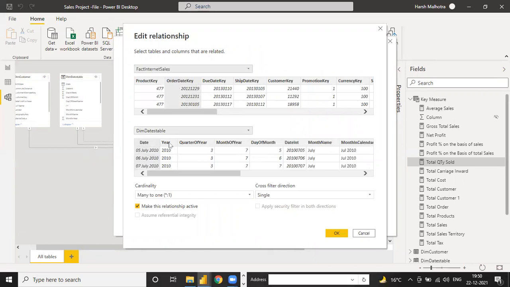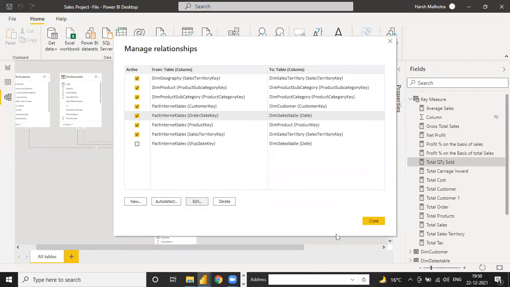So date to date is connected, but the format is not the same. You can use this date instead of this date because the value is the same. If you check 5 July 2010, it means 2010, 7 and 5, and the format is the same. So always use the same format, and just okay and close.